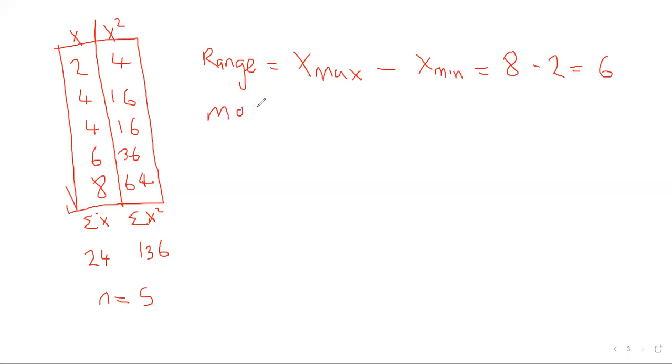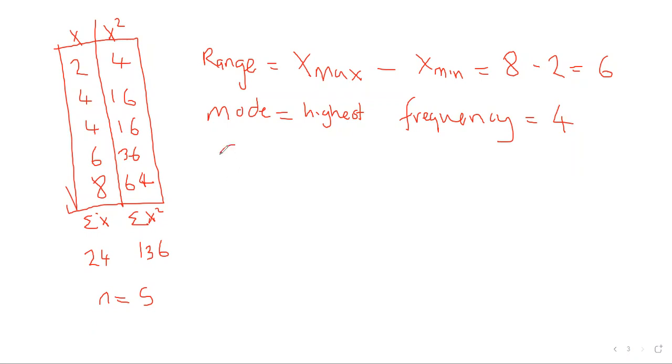We have another parameter called the mode. What is a mode? The number of highest frequency, the number that appears the most. Which one is our highest frequency here? 4. So if we had two 4s and two 6s, it becomes bimodal. So we could say 4 and 6. What I'm trying to say is it could have more than one mode. All right. So we now move to